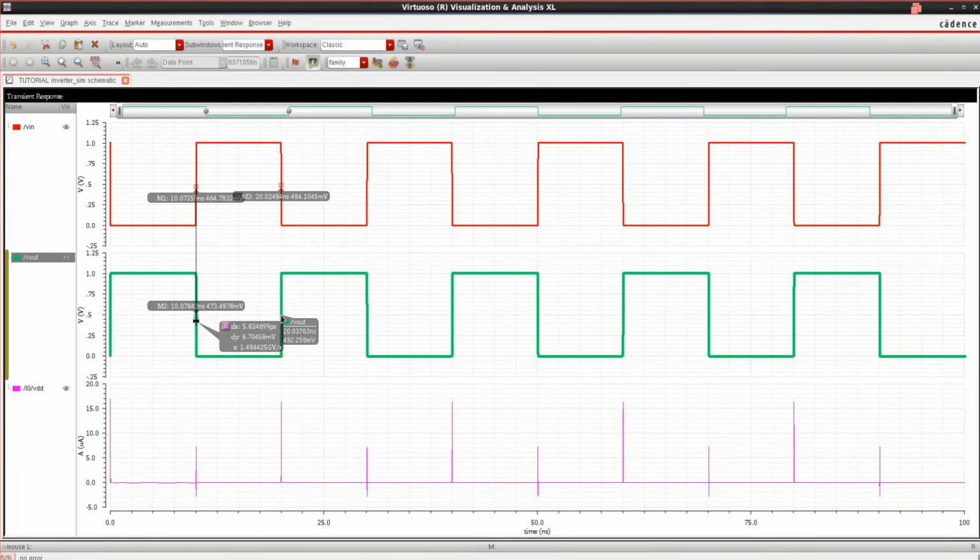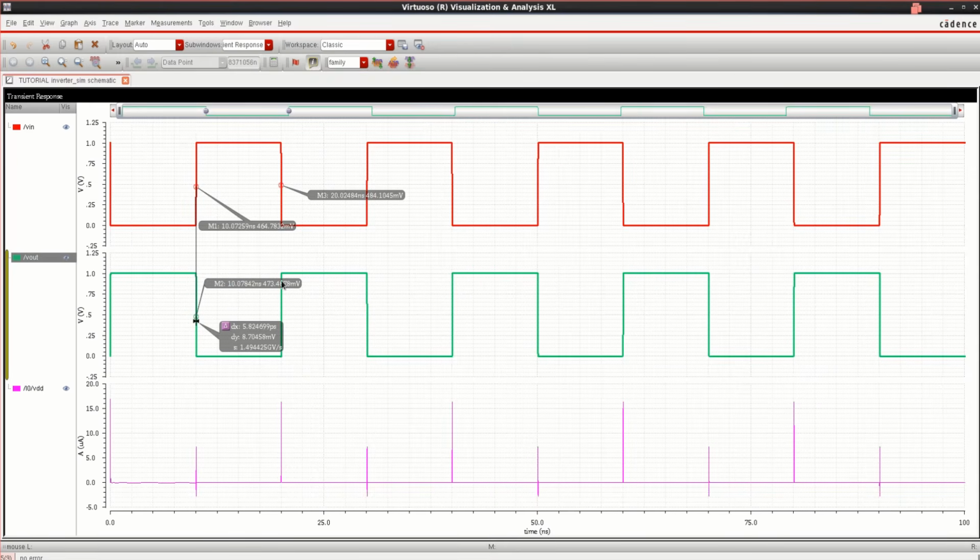Select the line, use D. Or first select this and at this point use D. So you can calculate them, you can move them, and you can find the values of it. You can estimate the values. So this is the switching current that is drawn during the transient analysis.